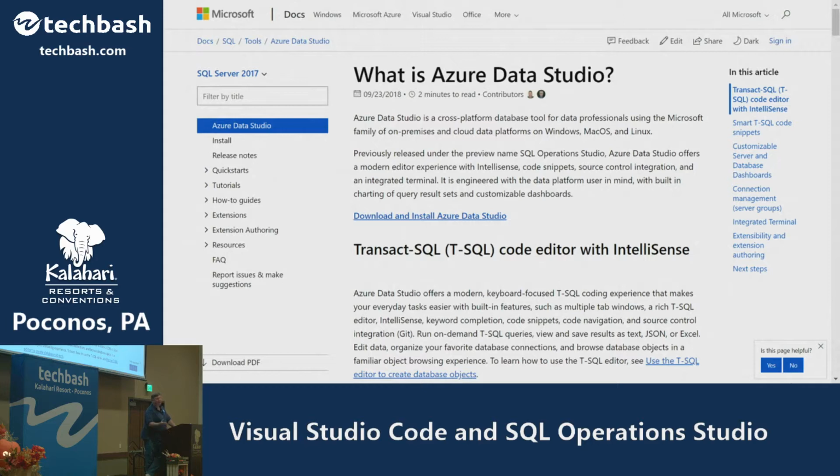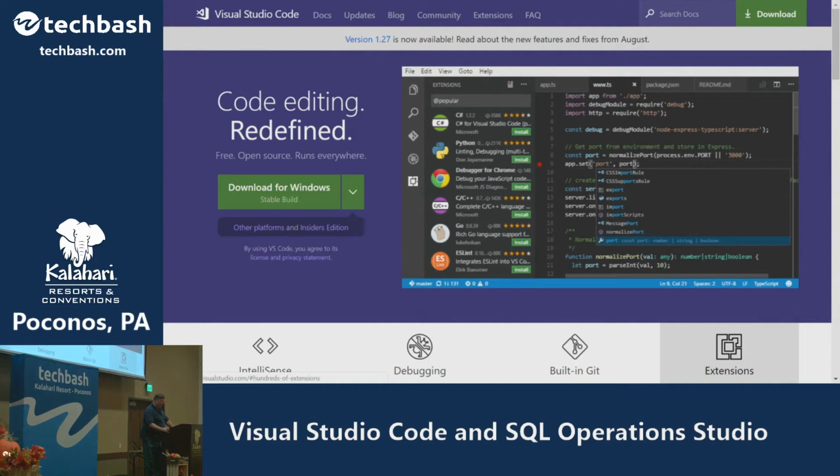Part of this talk is I want to show you what the value of that is and how it compares to Visual Studio Code, which is the other thing we're going to look at. How many of you use Visual Studio Code already? Okay, so that's about half. So this is pretty much an introductory session. If you have Visual Studio Code installed, or if you want to download SQL or Azure Data Studio, you could probably get it done over the next 2 or 3 minutes and follow along. It's up to you.